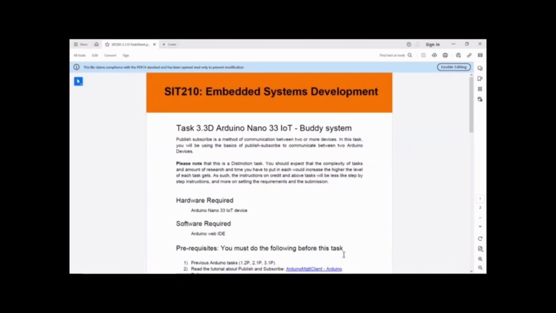Good morning everyone. This is SIT 210 Embedded System Development Task 3.3D prepared by Mayank and Nishant. I am Mayank. Firstly, let's check what we have to do in this task. For this task, we were required to establish publish and subscribe communication between Arduinos using an MQTT broker in order to receive